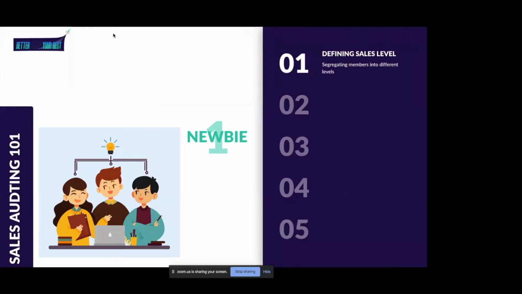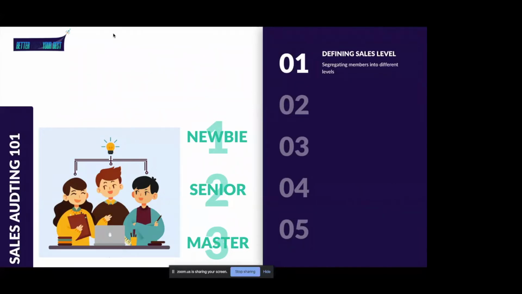So let's say the first one is called a newbie, the second level is called a senior, and the third level can be called a master. You can call them anything, but these are the simpler names, which actually makes it easier to understand. You can call them anything, maybe in your local language as well, but you have to segregate your members into 3, or maybe at max 4 or 5 levels, which you think is appropriate for your